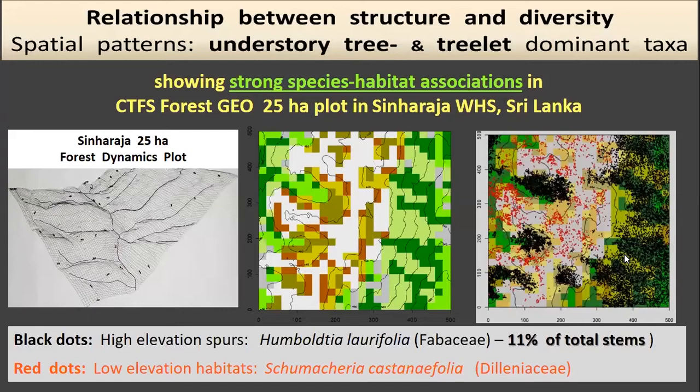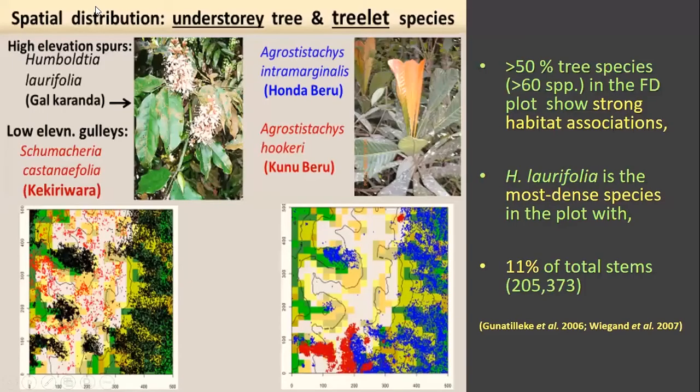Whereas other species are distributed elsewhere. For example, we have selected another species, Humboldtia castanifolia of Dilleniaceae, another endemic genus, in fact, and one of the species. It is in the valleys, as you can see in the diagram. Right, as I said, there are other species which are showing very strong habitat association,